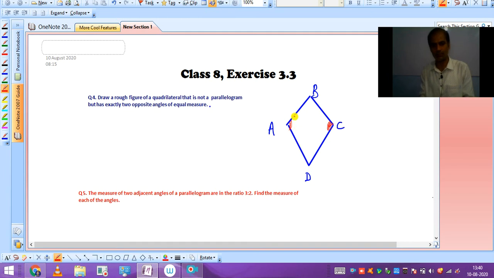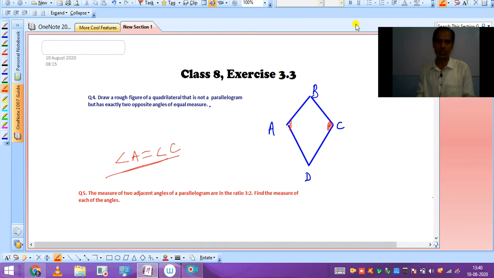So you should remember the properties of a kite. Its adjacent sides are equal and only two angles are equal which are opposite. So here angle A is equal to angle C. Okay, and this is the required diagram of this question. So answer of question 4th is a kite. Here you can write angle A equal to angle C. So first you have to draw this diagram in your fair copy using ruler and pencil, and then you can write angle A equal to angle C. Okay, so this is the complete answer.